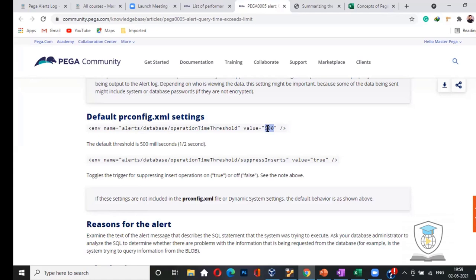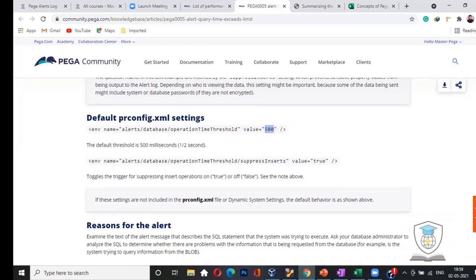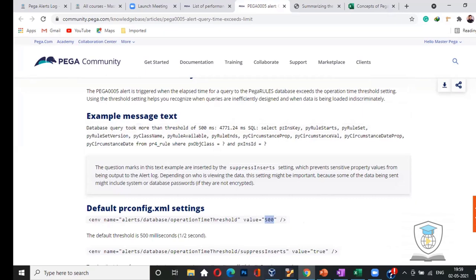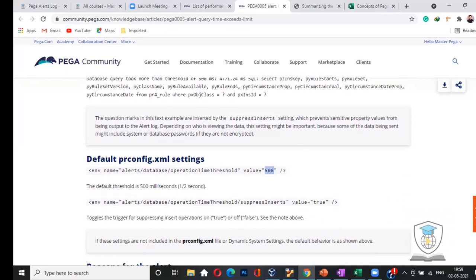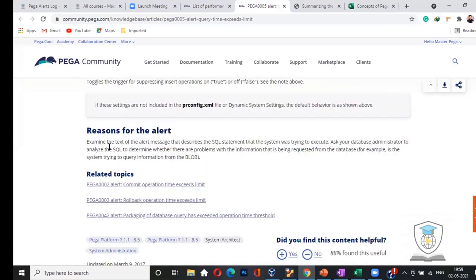If there are big queries, although it is never recommended, you can increase the thresholds, and you can change the value of this either in the PR config file or in dynamic system settings. But before changing these values, you have to analyze what is the reason for this alert.